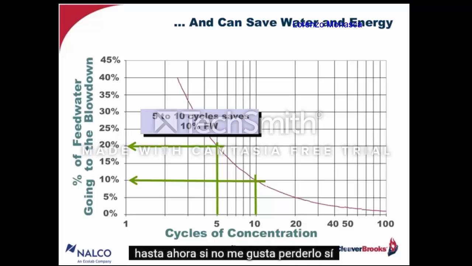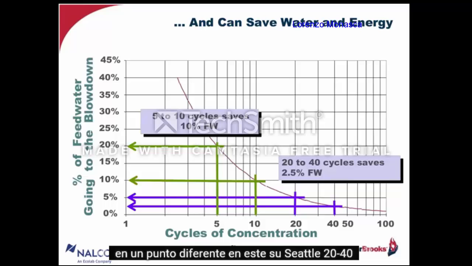Now, if I double cycles at a different point in this curve, say I go from 20 to 40, another point at which I'm doubling cycles, that's only 2.5% of the feed water. So